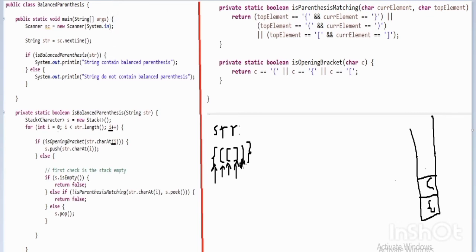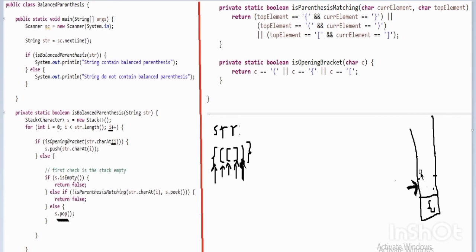So at the ith index, a closing bracket is present, and at the top of the stack, an opening bracket is present. So both are matching, it returns true. Negation reverses the output, it becomes false. So again control goes into the else condition, s.pop, to pop that opening bracket from the stack. The i value is incremented by 1, i becomes 5.